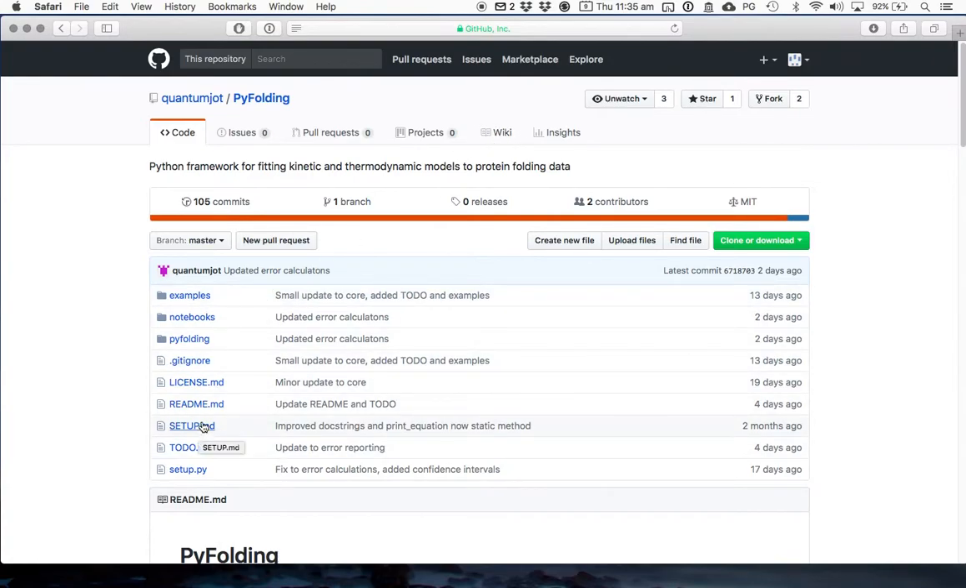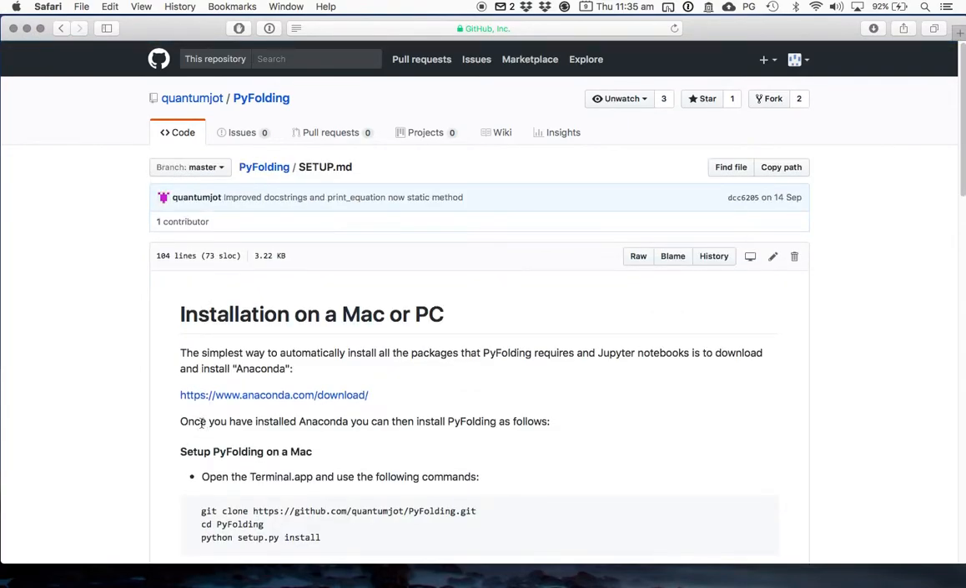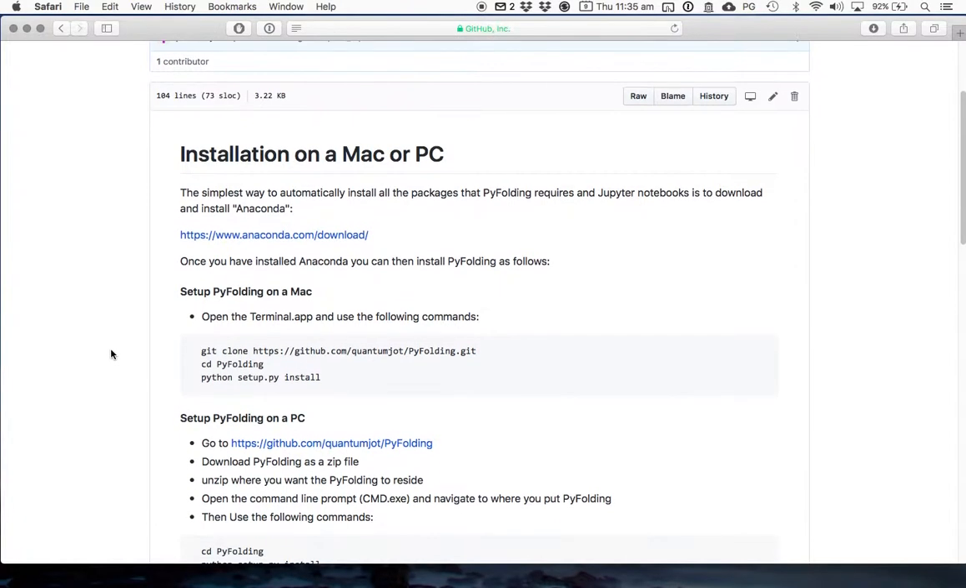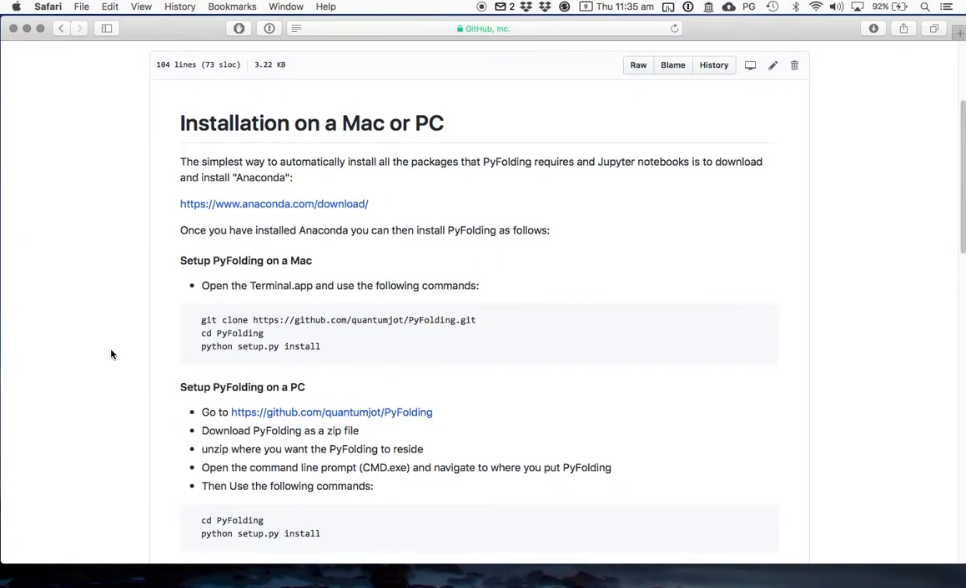So the first thing we need to do is go to Setup, and this will explain how we need to install PyFolding on a Mac or a PC. As you can see, the easiest way to get PyFolding to work is to install a program called Anaconda. This installs Python and Jupyter notebooks and other dependencies that PyFolding requires. So simply click